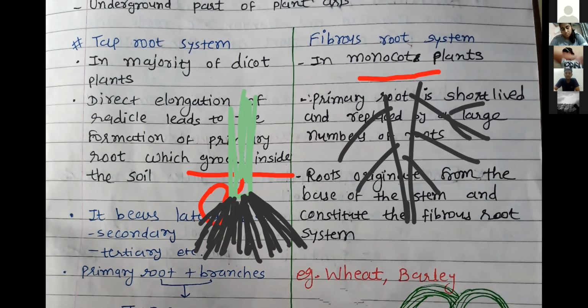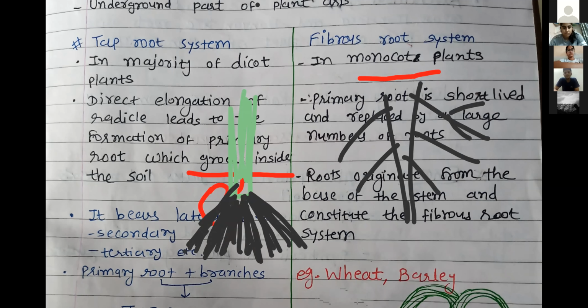These roots all have the same length. Remember, this type of roots, which arise from the base of the stem and form a network-like, fibrous structure, we call the fibrous root system. Here, the primary root is short-lived, so we can't say that the entire root system is developed from the radicle. Remember, here the root system is developed from what? The base of the stem, and roots arise in such a way that it creates a network, fibrous-like structure.